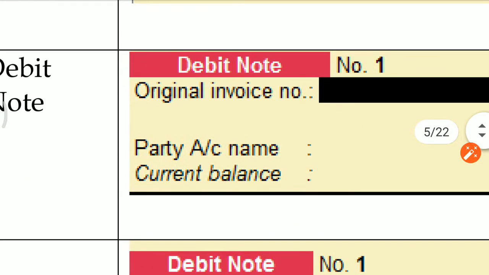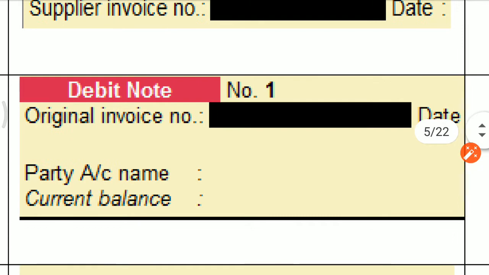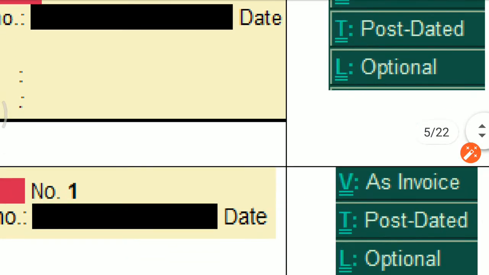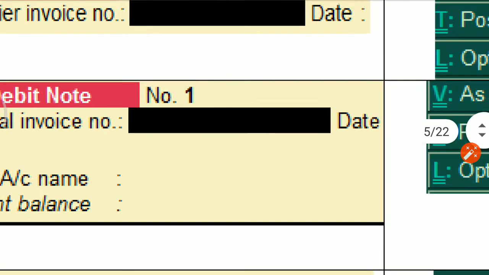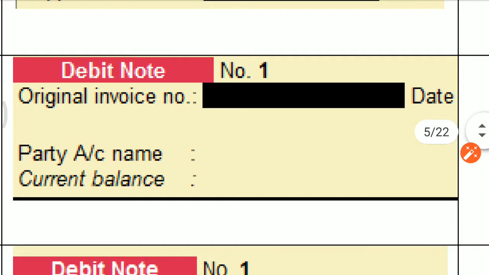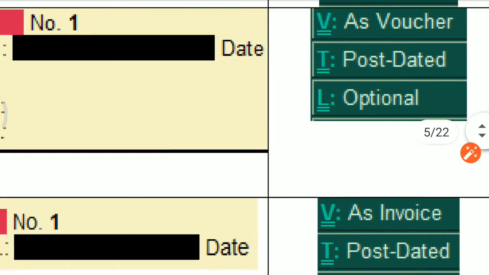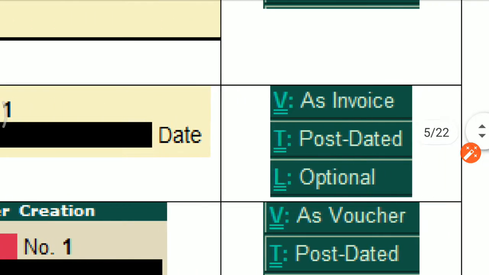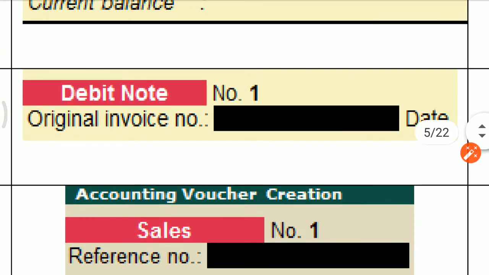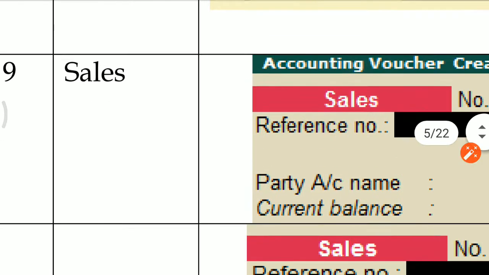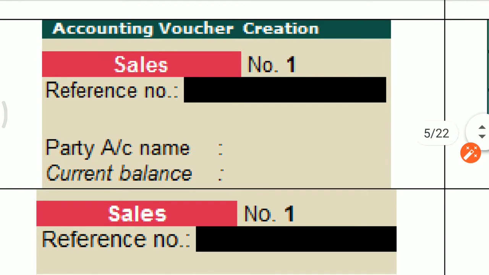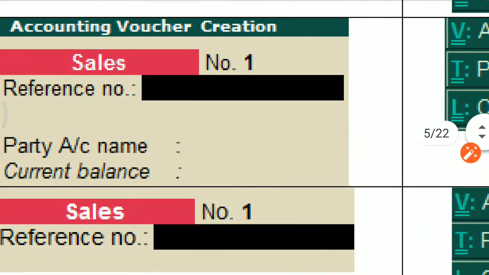Debit note, that is purchase return, is in invoice format; you can take it in voucher format also. Same option for purchase and debit note. Similarly sales also: this is in invoice format.